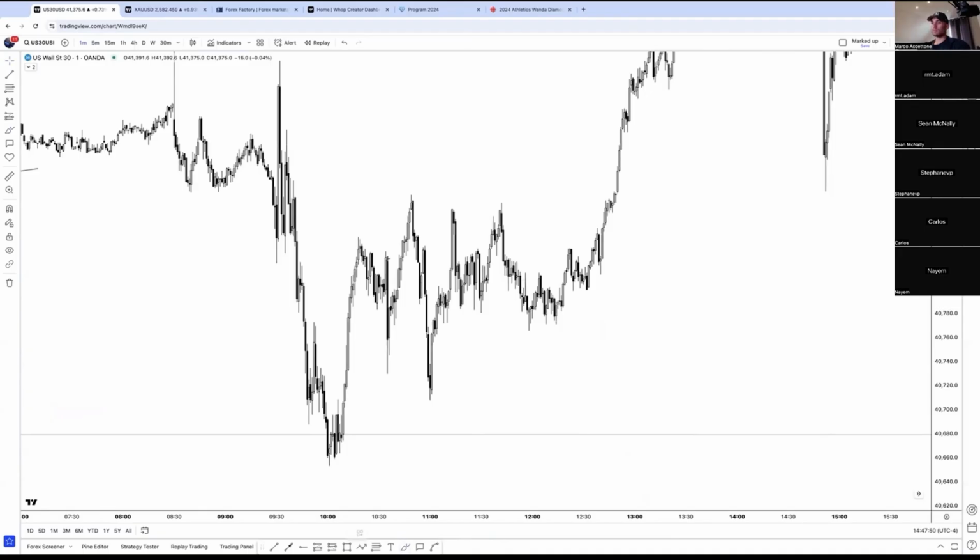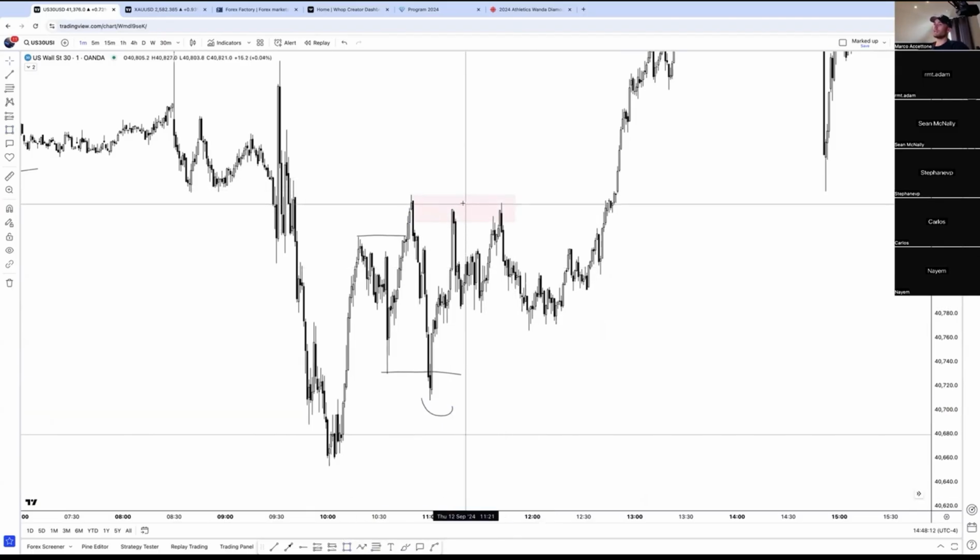Cool. So, we take out the high. Why is that important? BOS to the upside induces buyers. They get trapped. Okay? Possibly could have taken an extreme entry here with your stop. Makes sense. But check this out. We create that liquidity block. Then we go back to the highs. We can expect false reactions here.